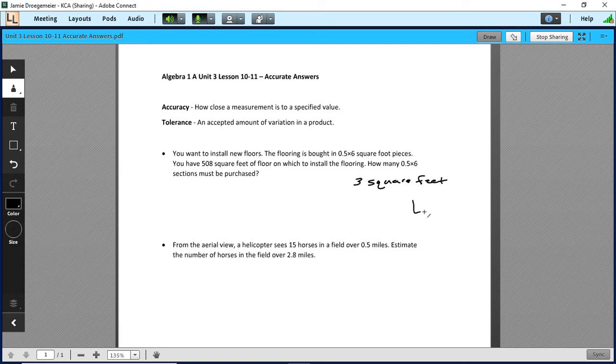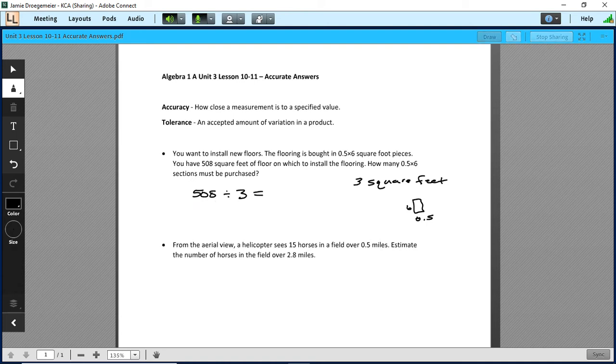Each piece measures 6 feet this way, 1/2 foot this way. Now it says that you have 508 square feet of floor on which to install the flooring. So how many of those pieces or sections should we purchase to be able to cover our 508 square feet of floor? What we want to do here, we want a total of 508. Our pieces are 3 square feet each. And so if I divide